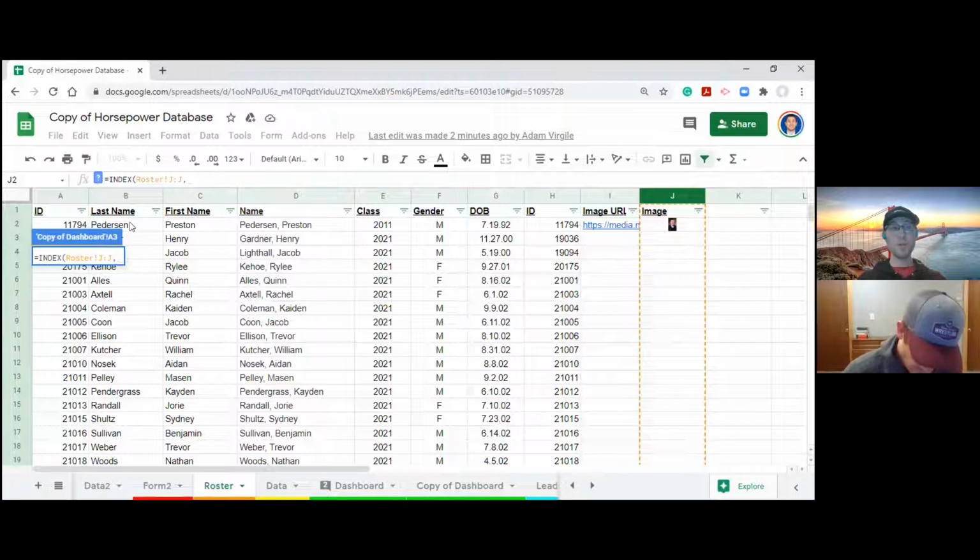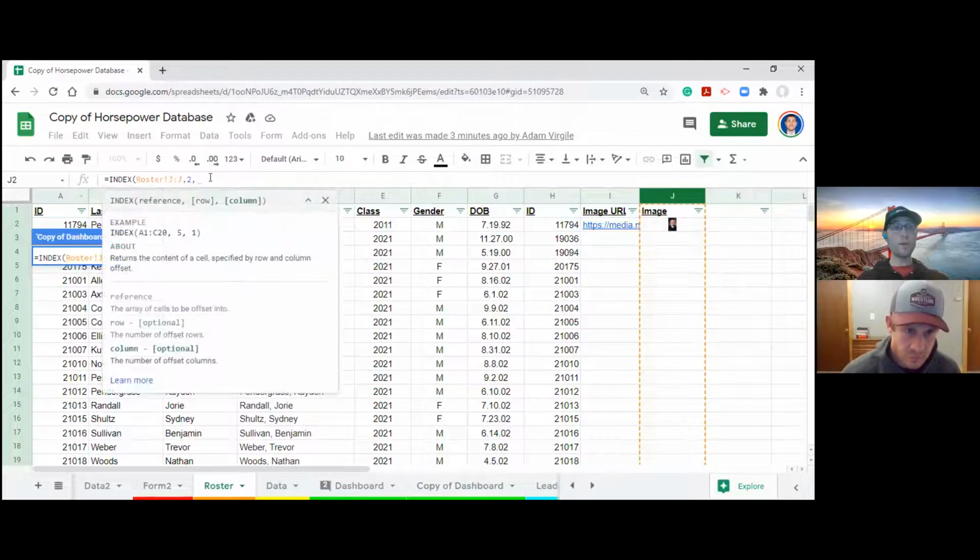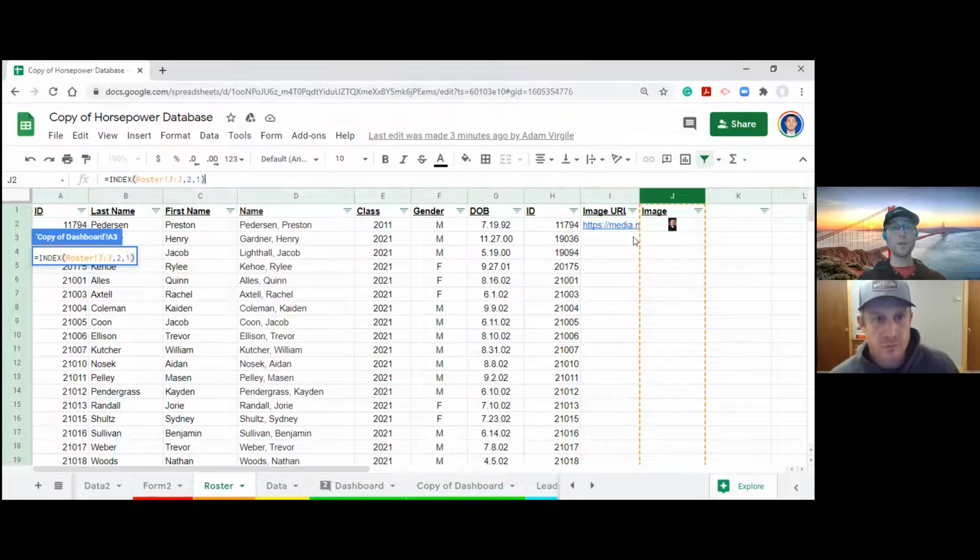We could simply type in row 2 and then comma, column 1, which would just mean that we're looking for something in here. We want the photo from row 2, which is right here in the photo that we want, and column 1, which is we're only looking at one column, so it's always column 1 if you're looking at one. And if we close this off and click enter,